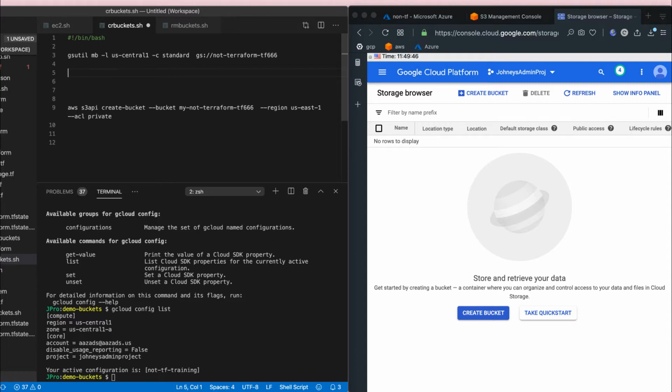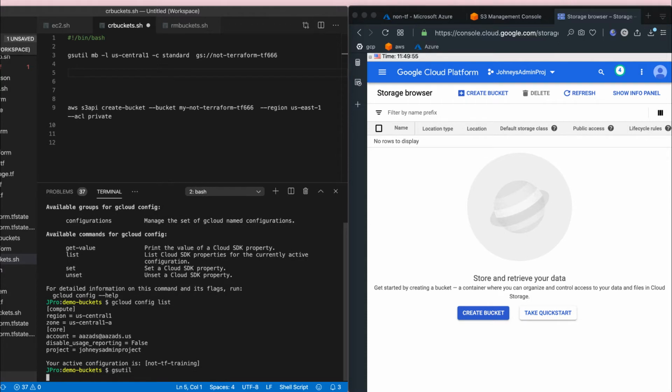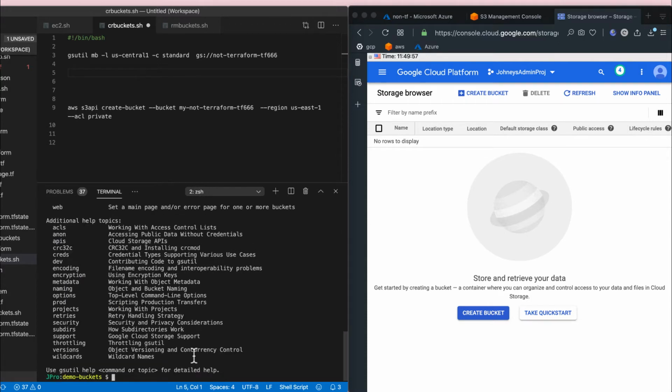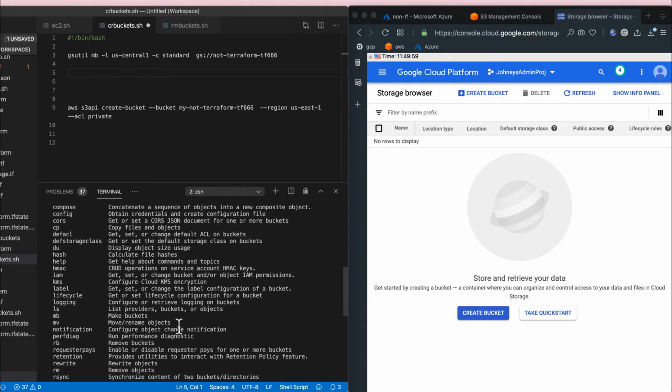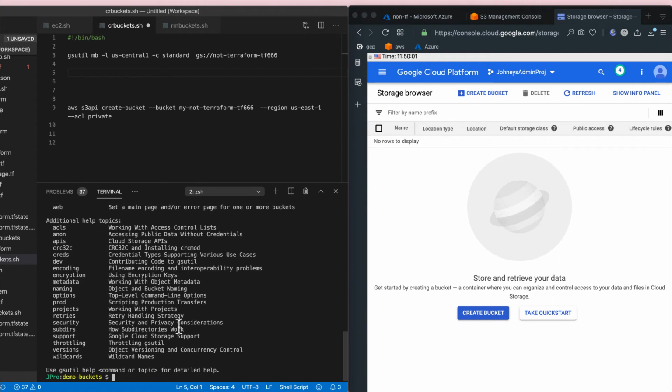gcloud covers a lot of commands, but for storage, they use the gsutil command, and gsutil is going to show you what options it has. It has a lot of options, and we don't want to look at all the options. We just want to create a bucket. gsutil